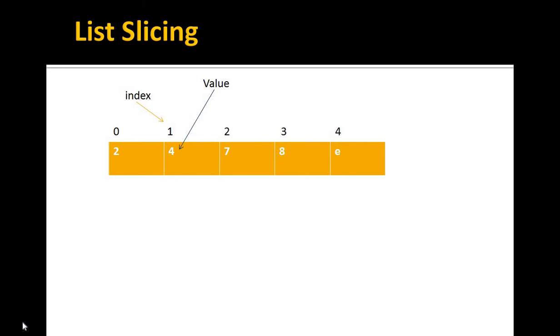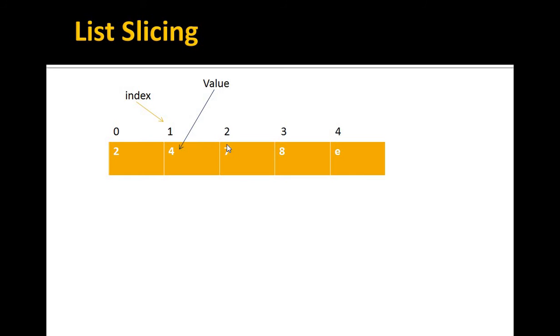What is a list? A list is a sequence of values. They can be accessed one after another, and these values are indexed as 0, 1, 2, 3 and so on. The first value is at index 0, the next value is at index 1. So all these values are given a position in the list, and using these positions we can access any of these values.